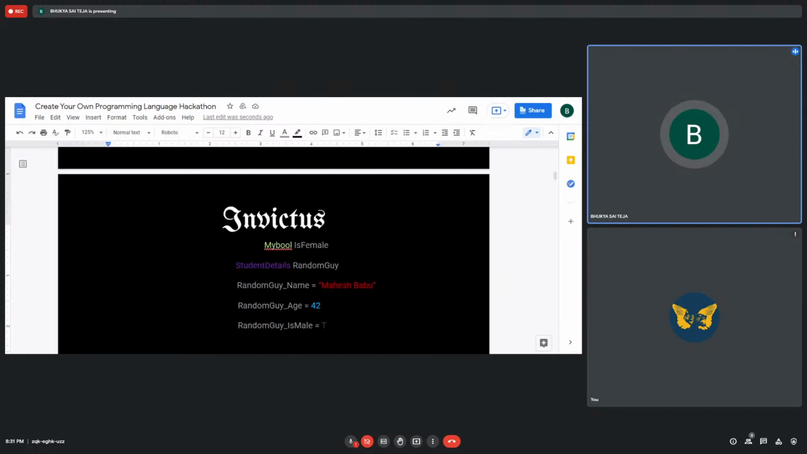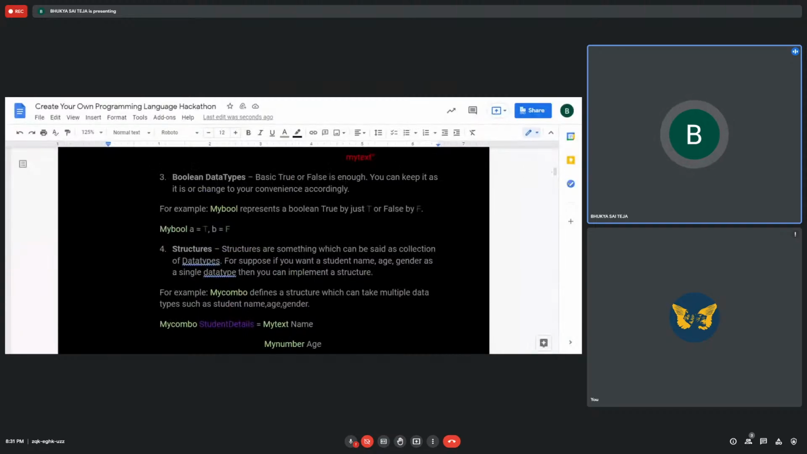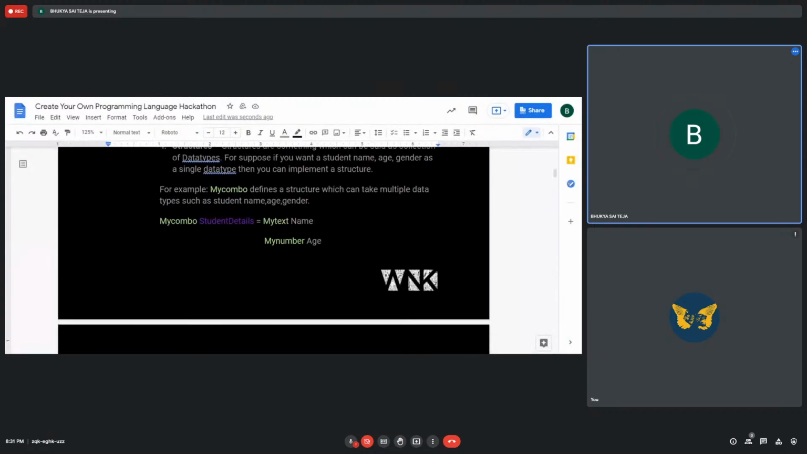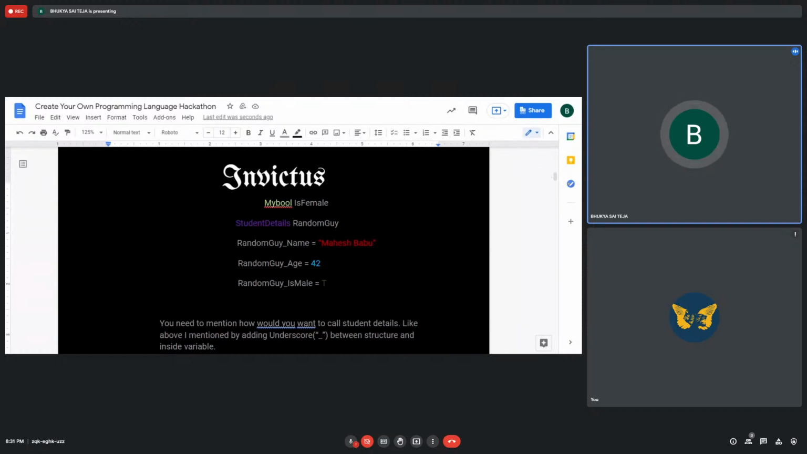For this, you can write random guy or, like mentioned here, A or B or C or D. I'm just giving random guy for reference. And then you need to mention something which says that this is the variable's name which you have stored. Like I took an underscore here. You can just take a full stop or a slash or anything, but make sure that, suppose if you take a slash, then you make sure that when you divide